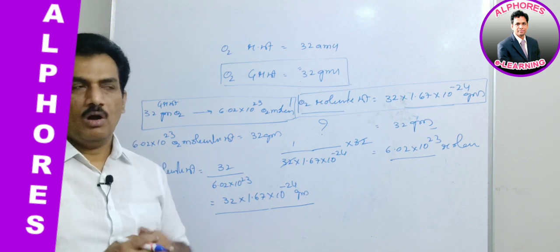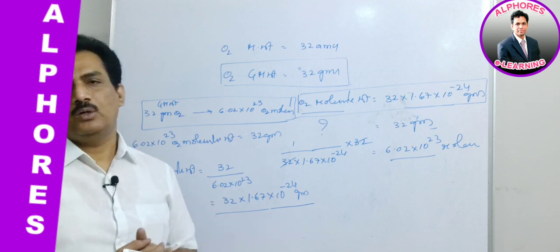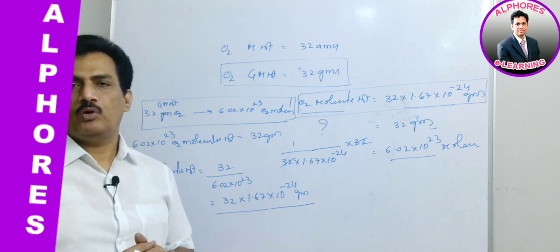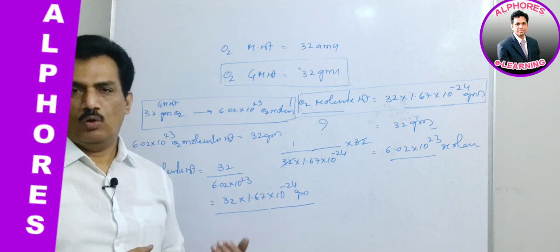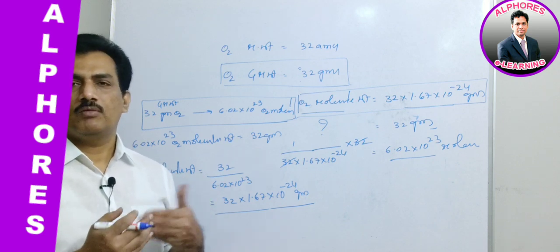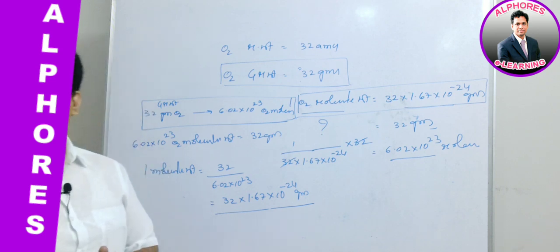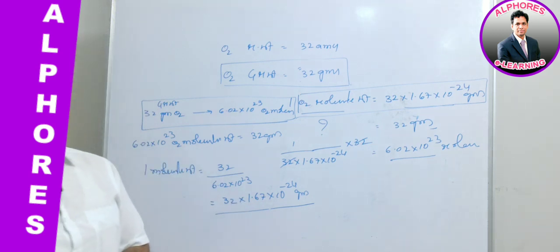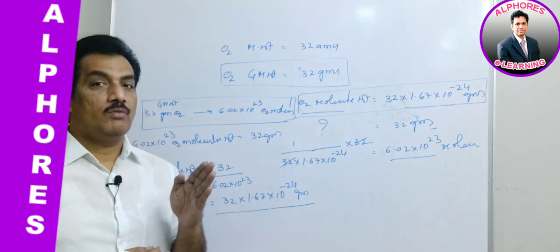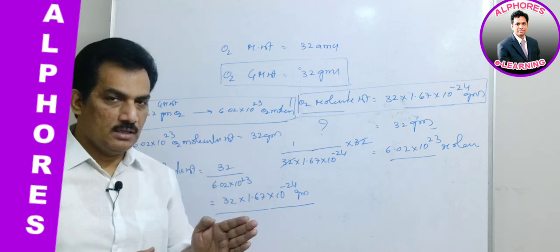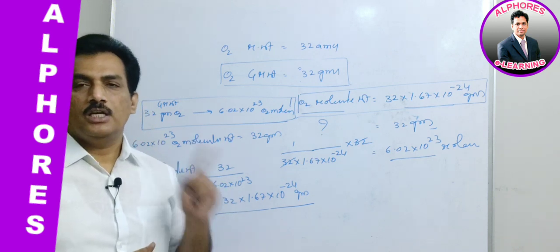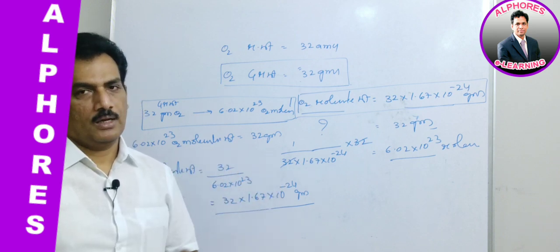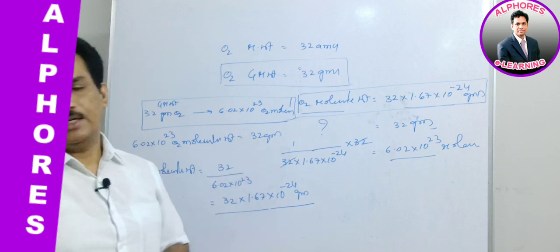Clear? And in the coming session, one more relation with the mole is observed, that is nothing but the volume relation. After getting that volume relation, we will enter into the pure stoichiometric calculations. So in the coming session we will discuss what the volume relation with the mole is, and once we find the volume relation with the mole, automatically it will be connected with the weight relation with volume and the number of molecules relation with volume. Clear? But remember that volume relation is only for gases. In case of solids and liquids, it is not possible to find any relation of volume with mole. Clear? And in the coming session we will discuss that.